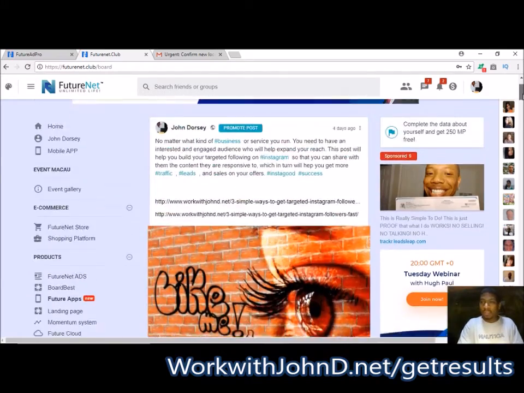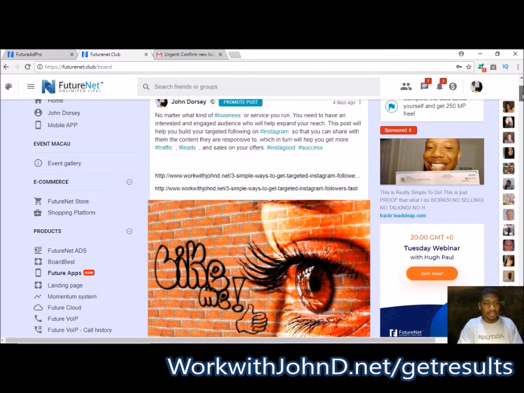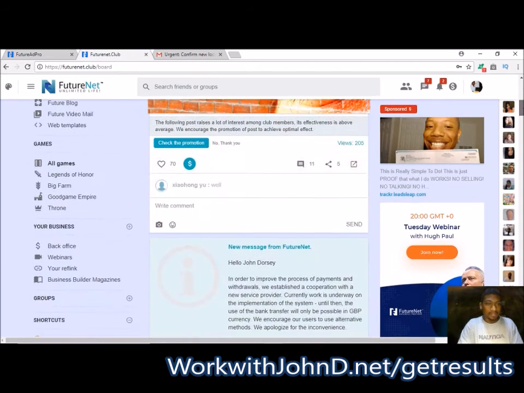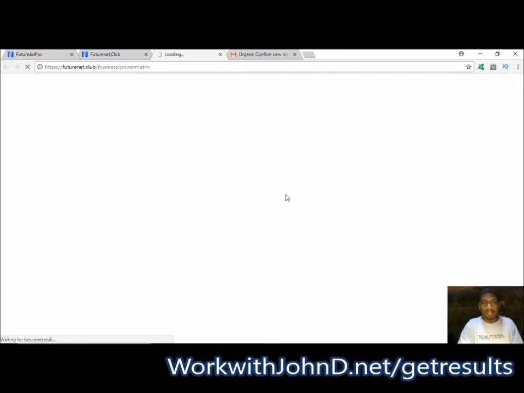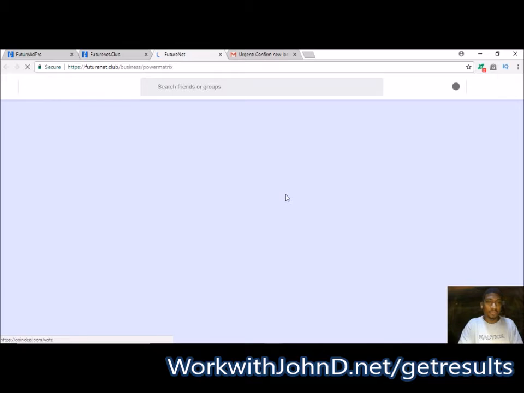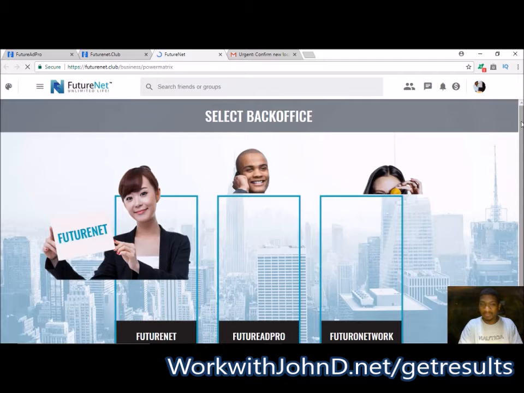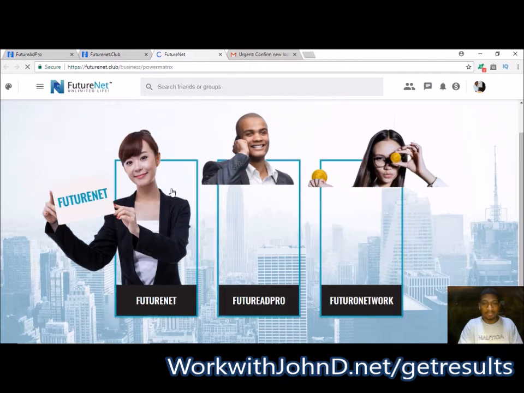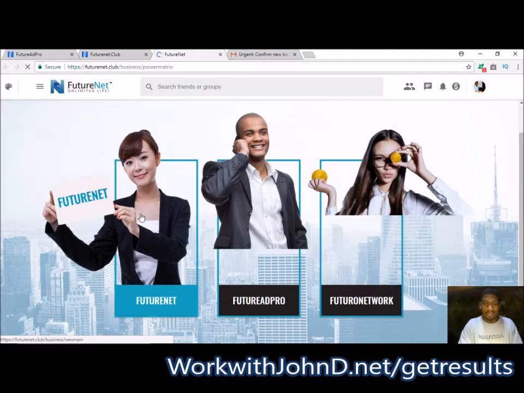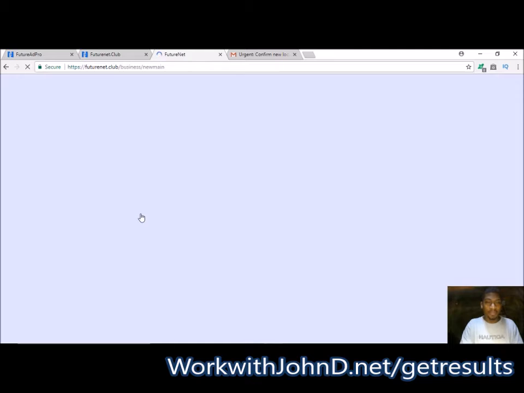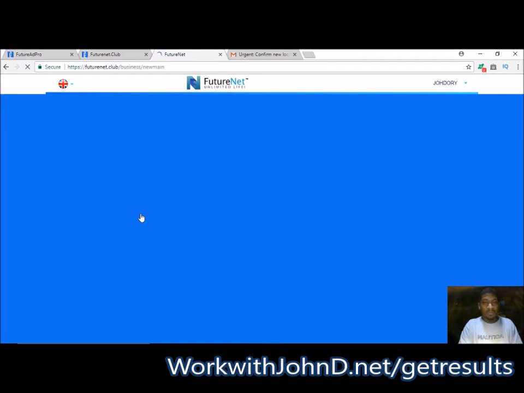So what you want to do is log into FutureNet, the social media side, and go down to your back office. And then once that loads, you want to go into the matrix. Let me close this ad. Or the FutureNet business, the FutureNet matrix, Fringe Tree rewards matrix program. If you're part of FutureNet, you pretty much know what I'm talking about. So you click on that,